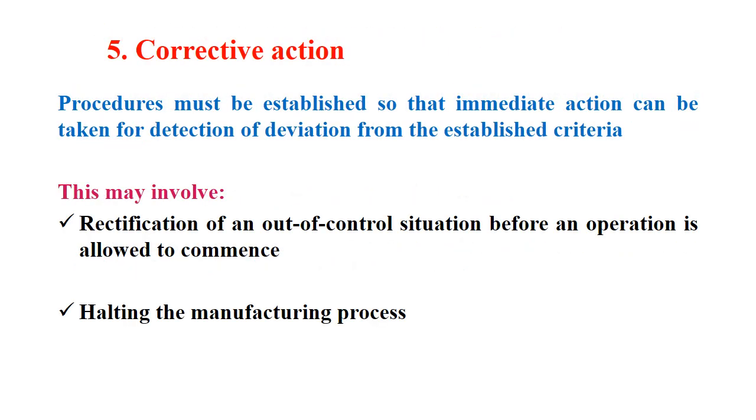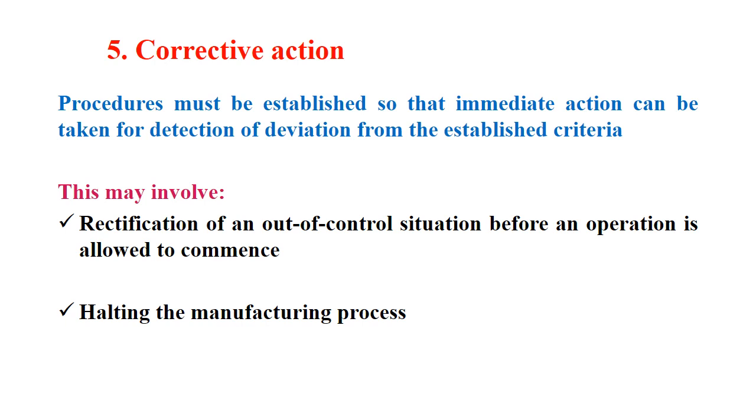Now the fifth principle, the corrective action. Procedures must be established so that immediate action can be taken on detection of deviation from the established criteria. This may involve rectification of an out of control situation before an operation is allowed to commence, or sometimes halting the manufacturing process. So whenever there is a deviation